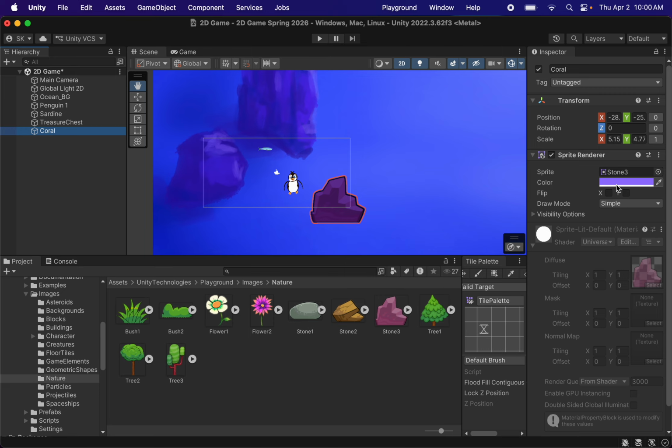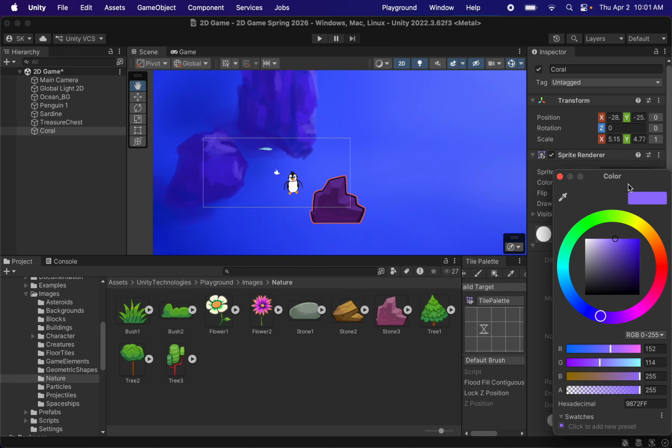Now, over here in the sprites, you have a base color. You could do this with all of your sprites. You'll have a base color, and if you double click on it, it'll bring you up to a color wheel. And here I have the option of changing the base color. Of course, the color on top will affect it, but to me, this stone actually kind of matched the coral that I made in the background here of my game. So I decided I'm going to go ahead and use it and kind of match the color